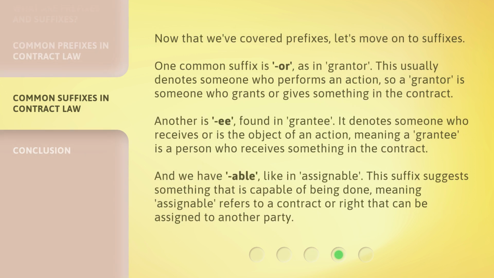Now that we've covered prefixes, let's move on to suffixes. One common suffix is or, as in grantor. This usually denotes someone who performs an action, so a grantor is someone who grants or gives something in the contract. Another is ee, found in grantee. It denotes someone who receives or is the object of an action, meaning a grantee is a person who receives